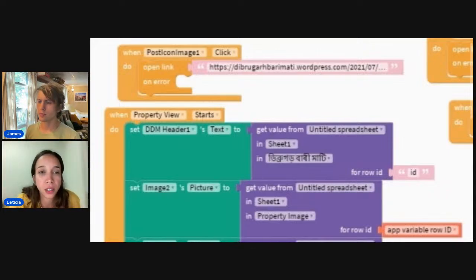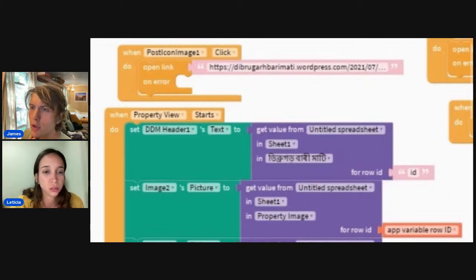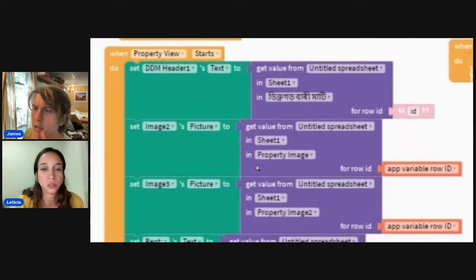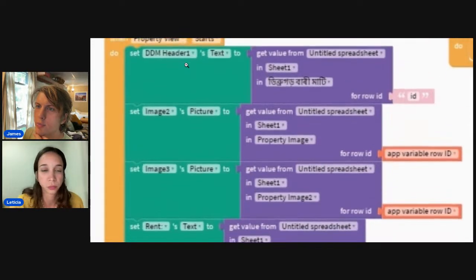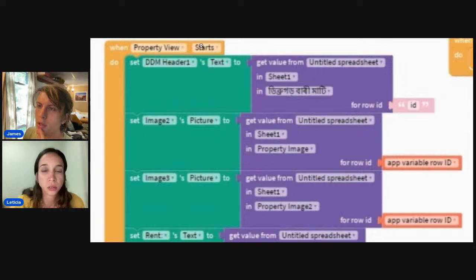So first, I will need to find the open link, right? The green one we're looking for first? So this bit here at the top, oh, we don't need that. That's something else. Okay, we're inside this. I'm not sure what that is, but we're just inside this when the page starts. So when activity detail starts, then I need to find the set.